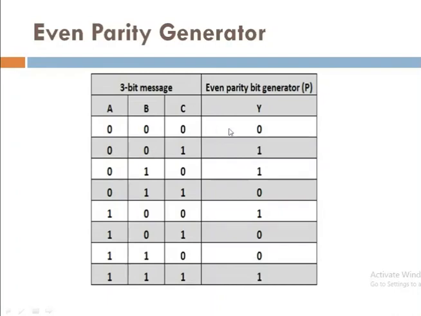Now this is a combinational circuit. So what are the basic steps to design a combinational circuit? First you have to design the truth table. Then after the truth table, for the output bits you have to consider the K map. From the K map you need to calculate the reduced equations, and those reduced equations can be implemented with the help of circuit diagrams.